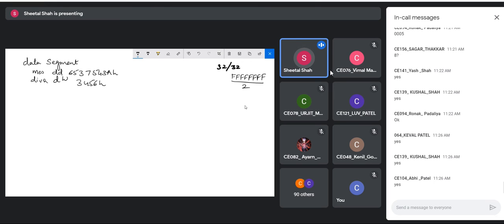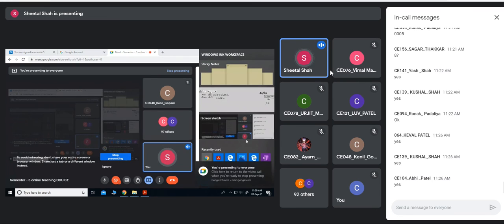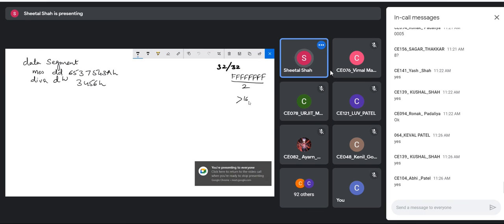And if I'm dividing it by 2, the quotient would be greater than 16 bits, because as we know, when you are trying to divide a 32-bit number by a 16-bit number, that 32-bit by 16-bit division is done by these two registers. DX colon AX would have the 32-bit number. If I'm using the div instruction, the 32-bit number should be like this. The higher order 16 bits would be in the DX register, the lower order 16 bits in the AX register.